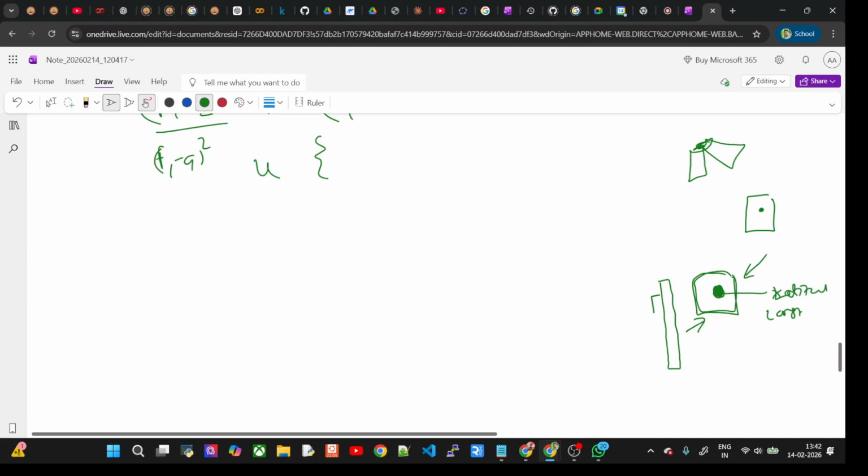If Google Map cars are coming for mapping, once they update to the latest Google Map, you will see that your things are visible from space as well, and your lines are properly visible. So what they are doing is mapping with another dimension: from here it looks like this, and from the top it looks like this. Whatever satellite images you are getting, they are mapping with what your actual car has captured,